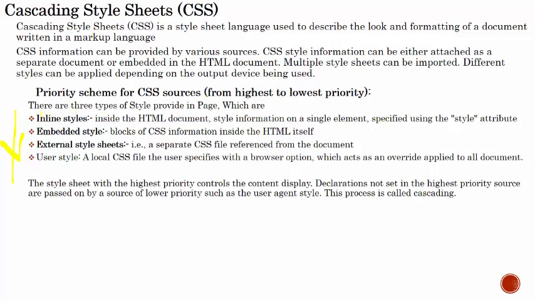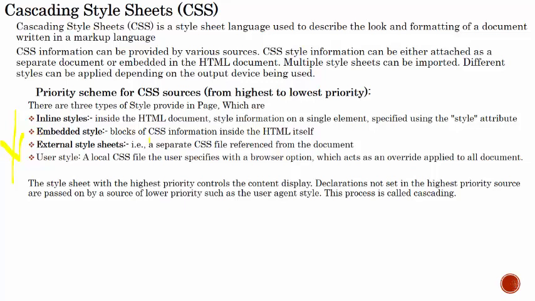What it means is that if within a particular text content we apply the style attribute to the text, that type of thing is called an inline style.